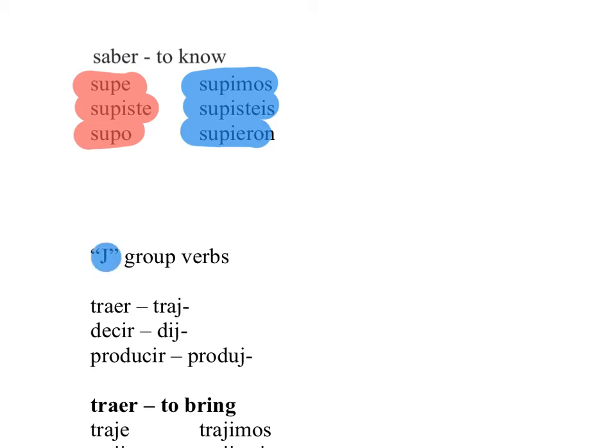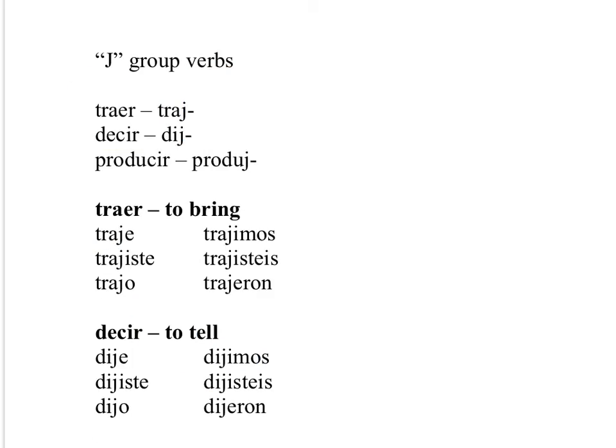Next, we've got the J group verbs. So in this category, we have traer, T-R-A-G, decir, D-I-J, and producir, P-R-O-D-U-J. Let's look at a couple examples. First, we have traer, to bring. Traje, trajiste, trajo,